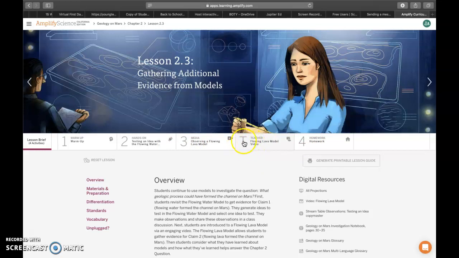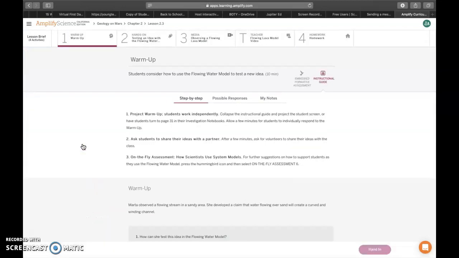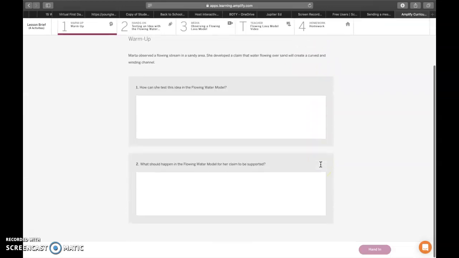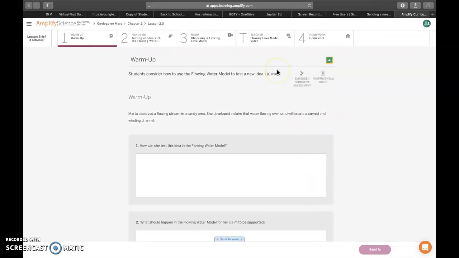Now this T, you're not going to see this flowing lava model video. That's because that's for my teacher edition. So you're only going to see 1, 2, 3, and 4. But each time your lesson is going to start with a warm-up. So we're going to click on warm-up, and you won't see that. This is what you will see. You'll see a couple of questions that you'll need to answer,